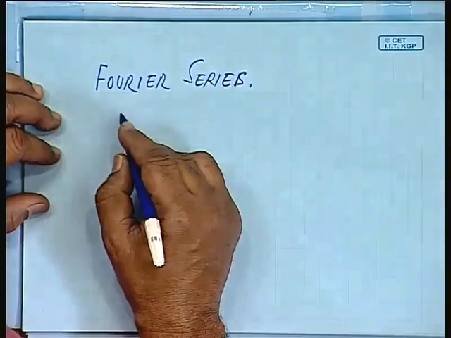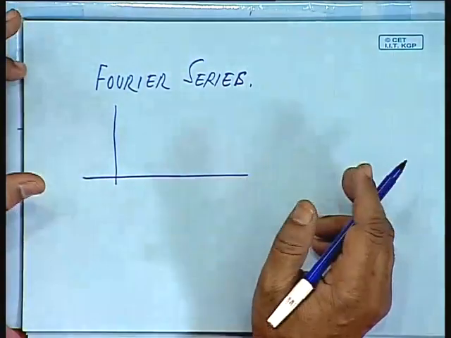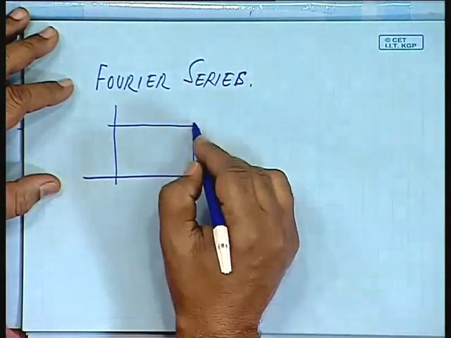So, a rectangular window will give you minimum error, but we have also seen the effect of such truncated series will give you at the transition